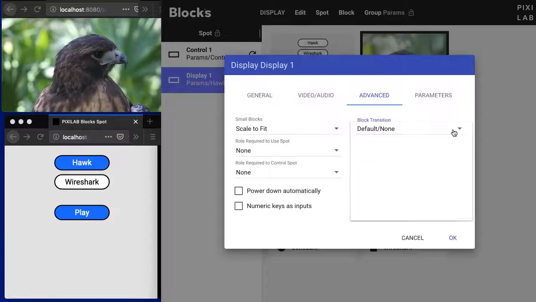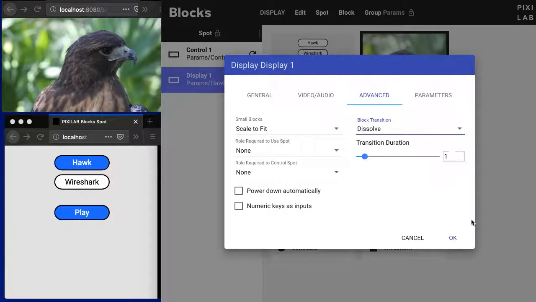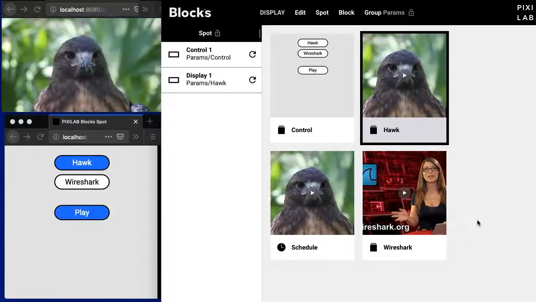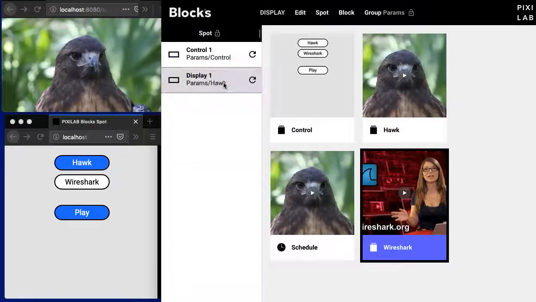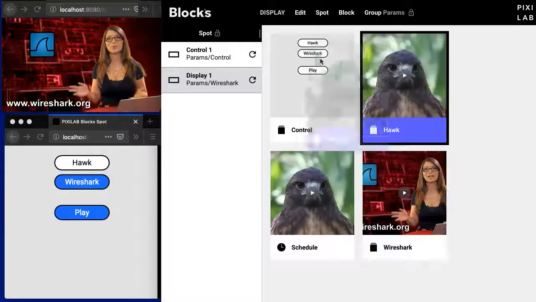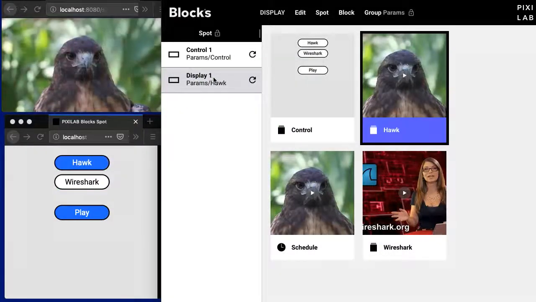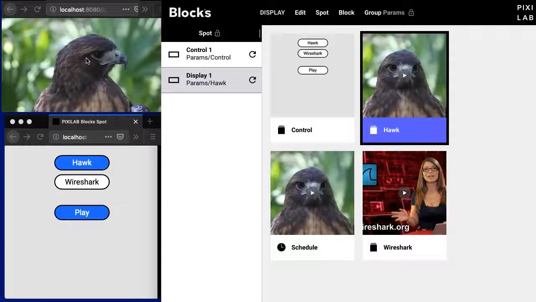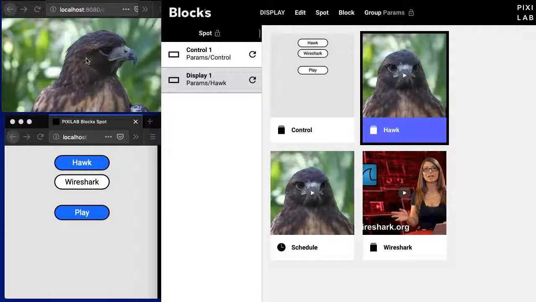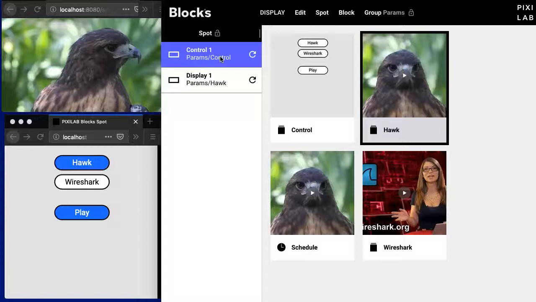Here you can now select a transition instead of the default, which is still no transition. So let's switch this over to a dissolve, and you'll immediately see that now if I apply the block, it is applied with a transition. And this transition that is set on the spot itself will be applied regardless of how the block is replaced. So that can be someone manually just dragging it across as I'm doing here, or it can be a control panel like the one we have down here, where I have